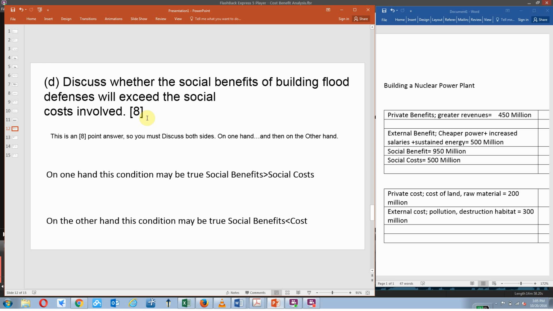So to answer this question, discuss whether social benefits of building flood defenses will exceed the social costs involved. You have to look at the two sides. On one hand, it may be true that social benefits are greater than social costs, depending on the value of private benefits and external benefits. Or on the other hand, it is possible that social benefits are smaller than social costs. What tells you that is you just look at the external benefits and the external costs, and you compare these. That will tell you whether the social benefits of building flood defenses exceed